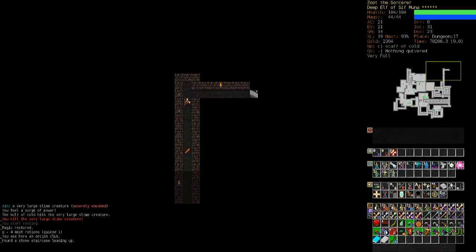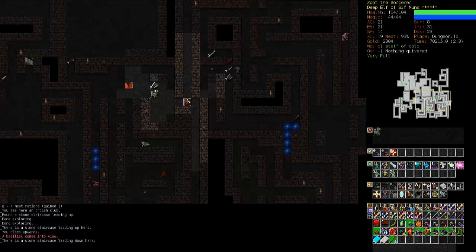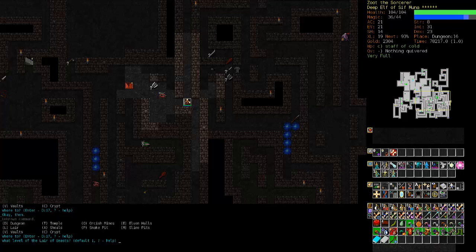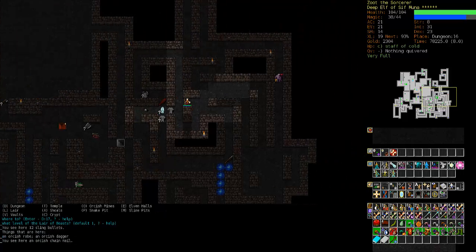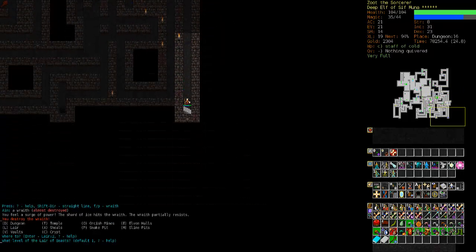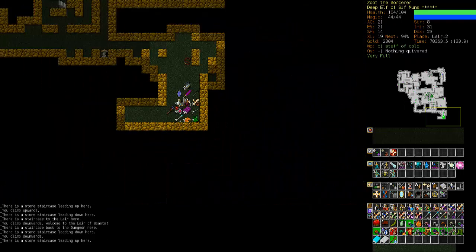Well, hopefully I'll find a nice artifact, this or that, to give me some more resistances. Okay, back to the lair. And we're going to try out that ice storm theory of mine. And if I take off...